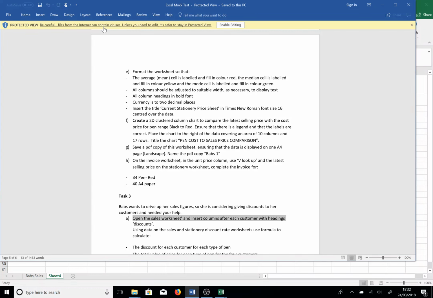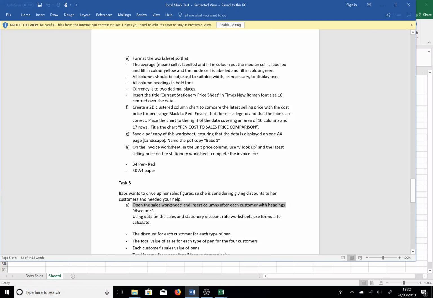Okay, I'm not going to do the save a PDF copy of this worksheet because you see me do it once, and yeah, I don't understand why it's necessary. Okay, fine. So you can do I will do this because the save a PDF copy is just for him so that he can mark it. Okay, so create a 2D cluster column comparing the latest for the black